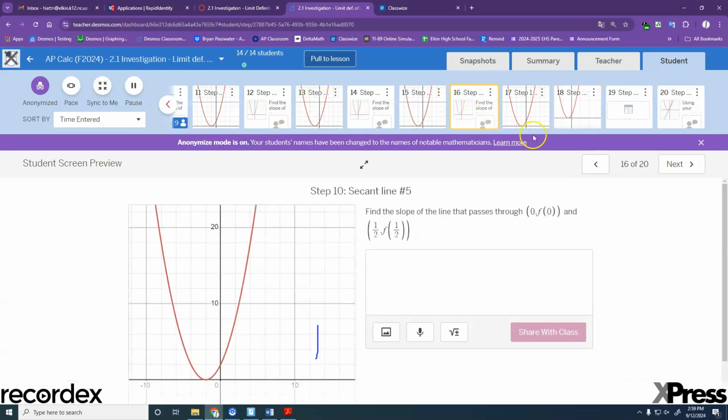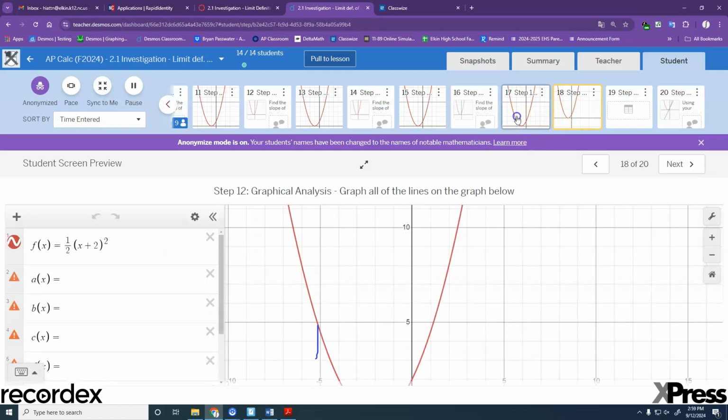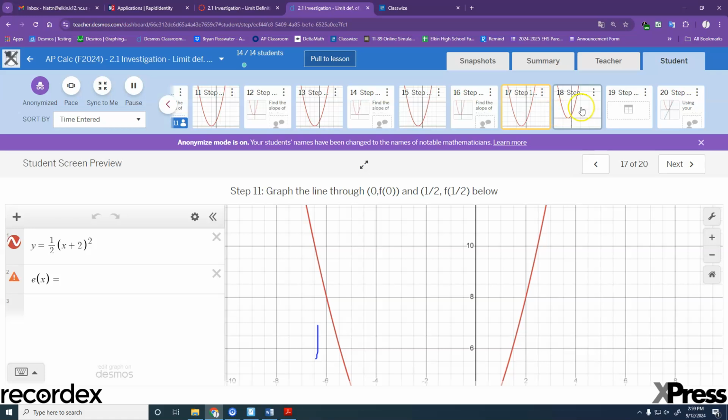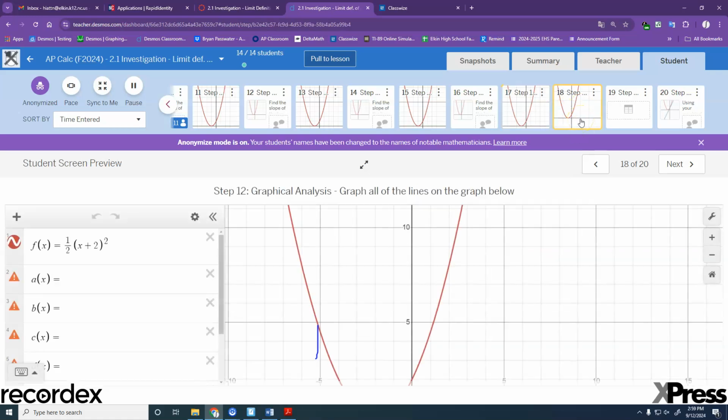So if we do not, I would like for you to go through slide 18 right here. Slide 18 asks you to type in all of the equations. I was trying to get a way to program it so they'd automatically go there, but I couldn't get it figured out. So as you write these equations, jot them down so it'll be easier to type those in, or you can go back and forth and copy and paste. But let's just, the last 10 minutes here, try to get to number 18 here. And if you run out of time, you can finish that